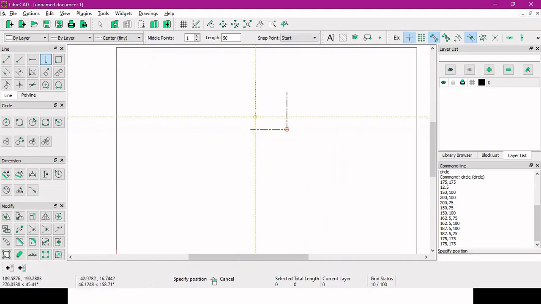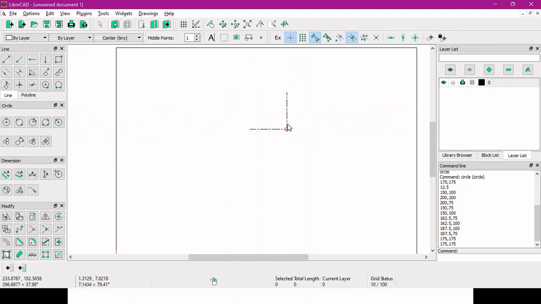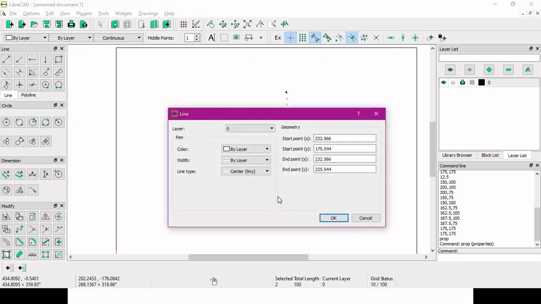And one more thing we forgot to do, we have to change the property of these lines, right? So you can select those lines and apply the property command. Select those lines. So here you can change them as continuous.